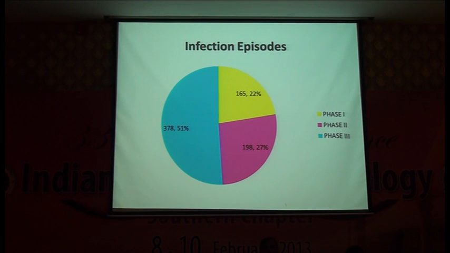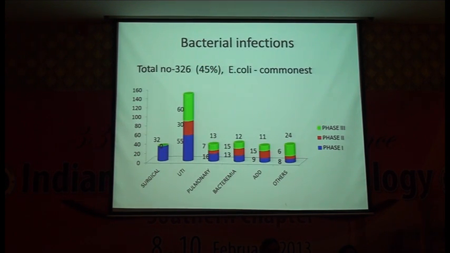50% of the total infection episodes occurred within 6 months, that is, in the peak time of immunosuppression. Coming to bacterial infection, it is the most common, accounting for 45% of the total infection episodes, and E. coli is the commonest organism isolated. Coming to the site of infection, urinary tract infection is the most common, followed by